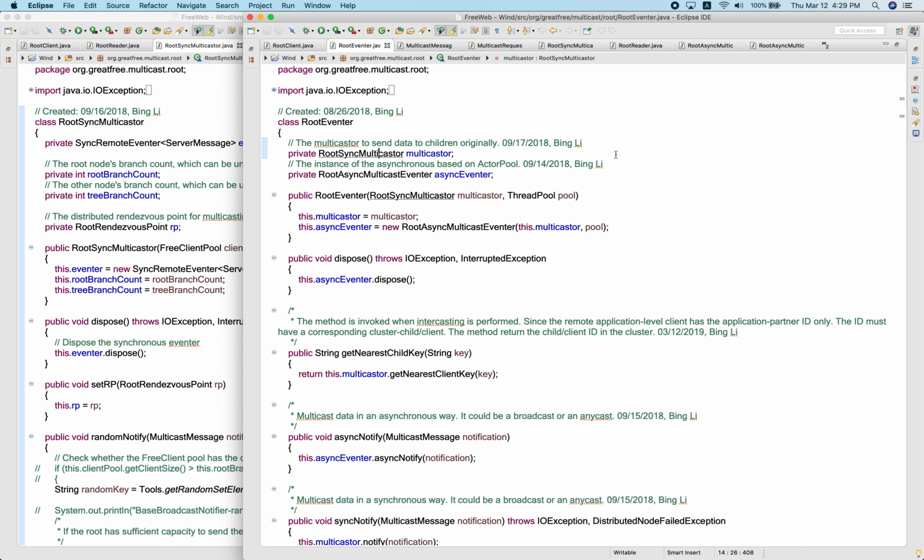They don't need to care about a lot of details. So that means the remote sync multicaster is supported by DP only plus the distributed knowledge. So that's the conclusion. So next, for this class, we'll continue to talk about remote eventer because we still have